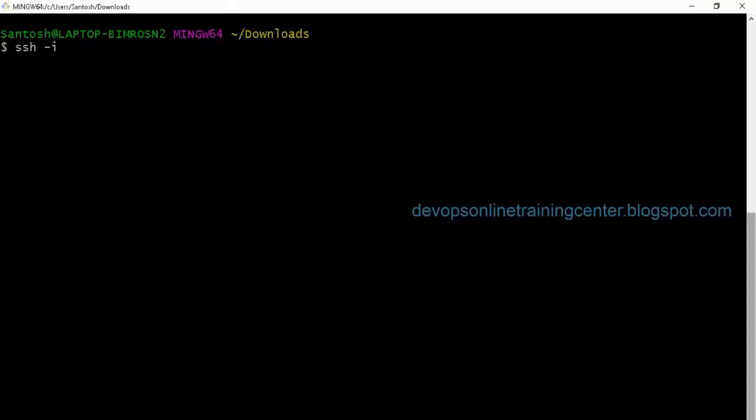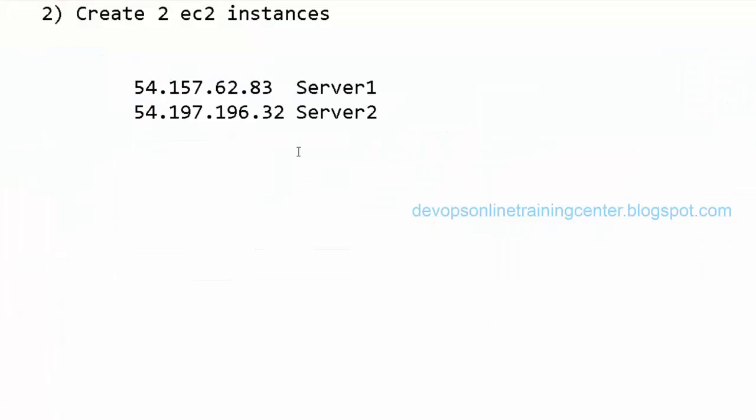I'll try to log in using the key pair, with the same user, ec2-user, and the IP address.